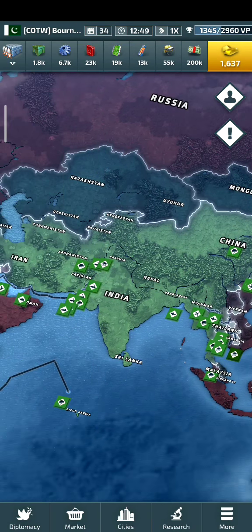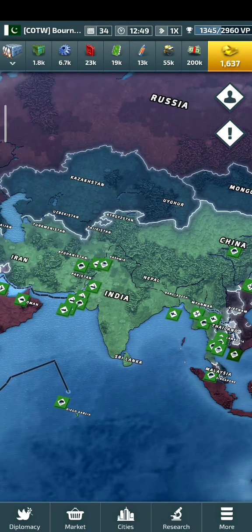This game has 7 kinds of resources, which you see on the top. The first one is the supplies, which is this green box. My current stock is 1856, my daily production is 12971, and my daily consumption is 3145. And what I am left with daily is 9826 of supplies, which get accumulated over time and which are shown at the top